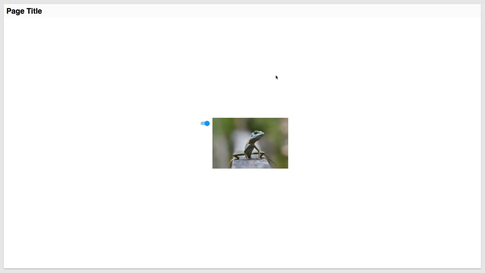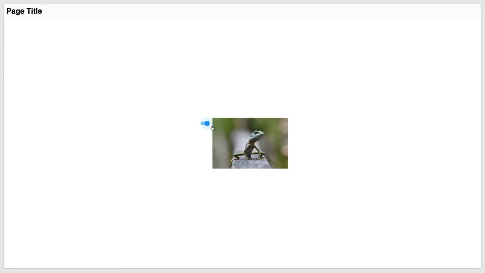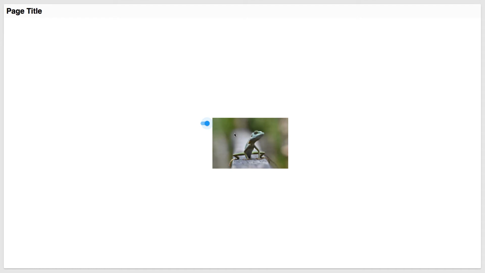Before we see how it works, let's set the toggle to be checked by default, and let's go into preview. So the toggle is on, the image is shown. Click the toggle and the image goes away. Of course, we haven't thought about keeping the toggle in the same place, but that's really beyond the point. It's going to take a few little tweaks just to keep it in the same place. However, as you can see, the functionality that I was describing is exactly there.